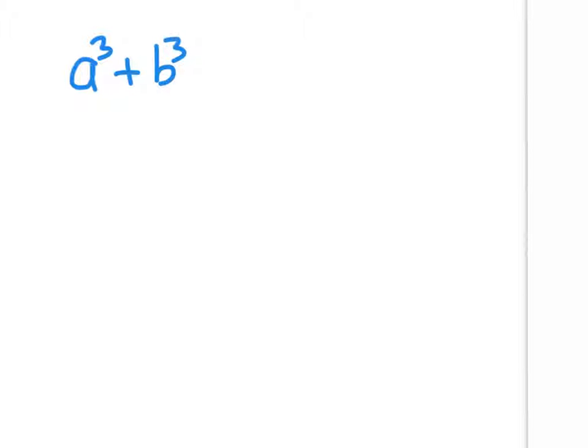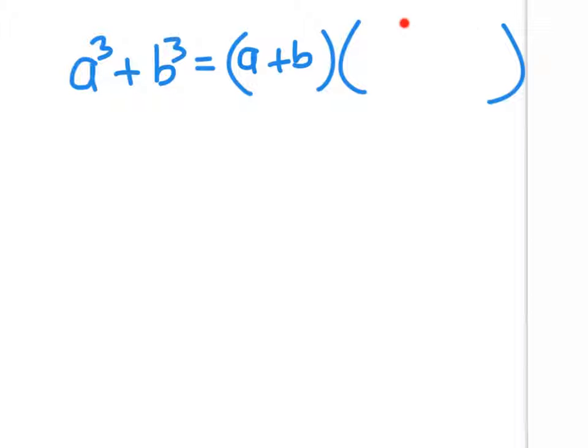Let me give you a method of how to remember the formula yourself. You're going to put equals, and it's always going to be a binomial times a trinomial. So what belongs in here? Exactly what you see right here without the exponents. So you are going to put an a plus b. And what belongs in this trinomial? Well, you have to memorize this part. It's a squared, and then in the middle you're going to have an ab, and the last one will be